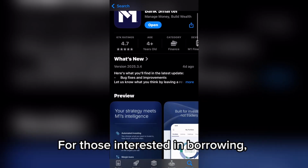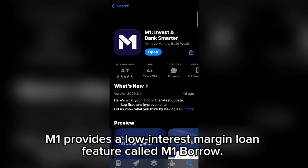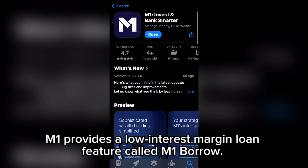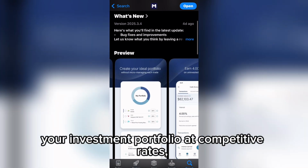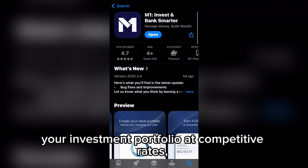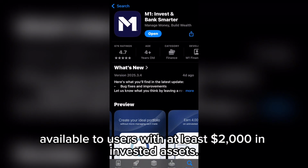membership. For those interested in borrowing, M1 provides a low-interest margin loan feature called M1 Borrow. This option allows you to borrow against your investment portfolio at competitive rates, available to users with at least $2,000